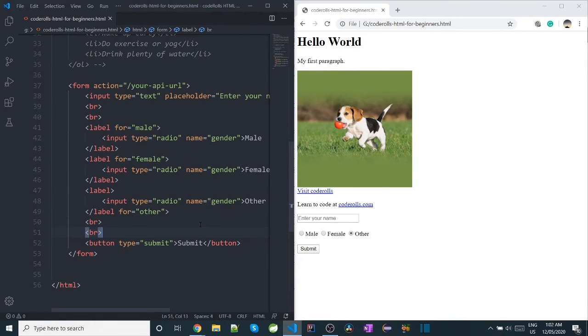And now the important thing is adding a value to your radio buttons. When a user hits submit button, there should be some value to a gender field which will be received as a parameter value by API. So we will add the value. If you don't add any value to radio buttons, the default value will be on, and of course which will not be useful as a parameter value.